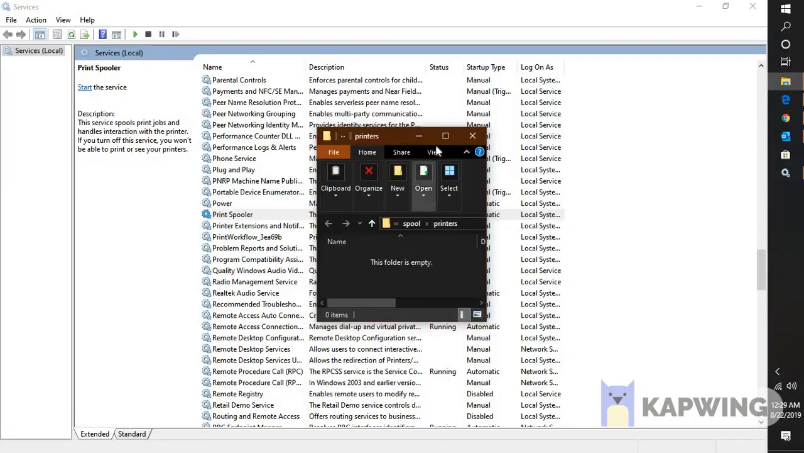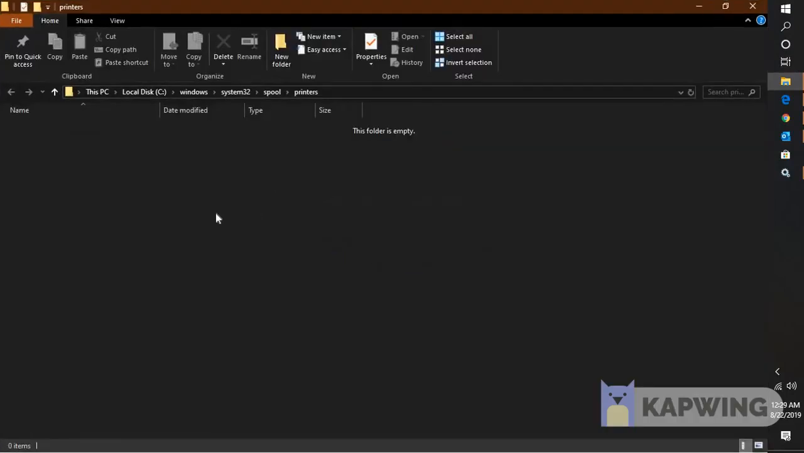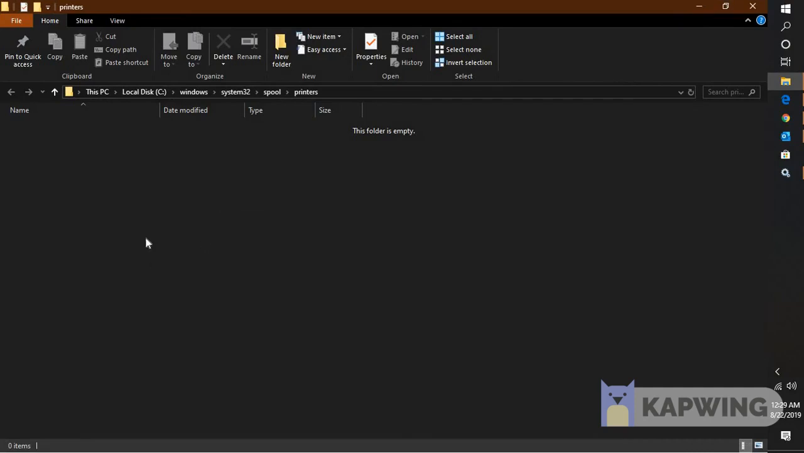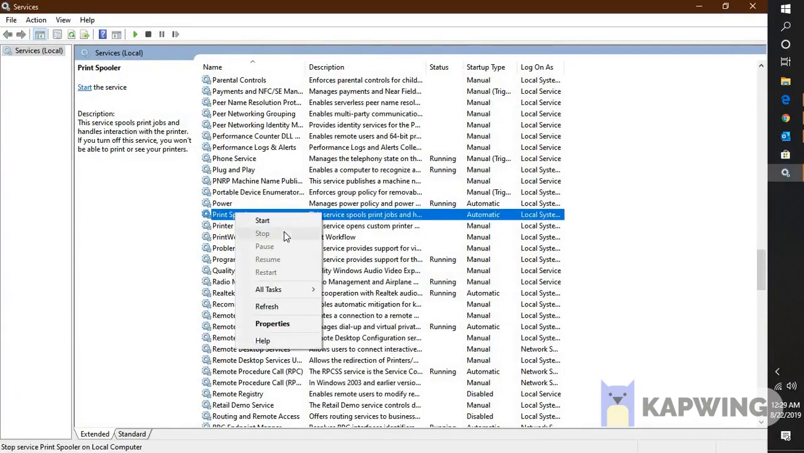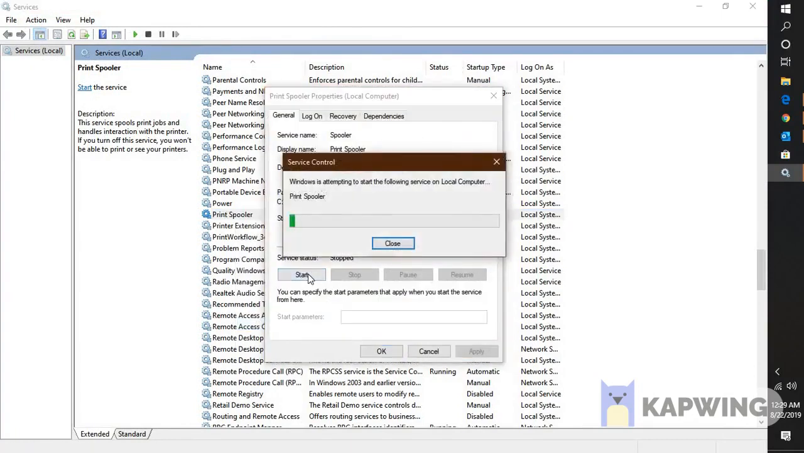In case you get a user access control prompt, you may click on OK or continue. Now this will open up the printers folder window. In case you see any files here, you will have to delete them. Basically you can right click and click on select all, or you can press Ctrl and A, select all, and delete whatever content you see in this folder. Once you have deleted all the items, go to the services window here, right click on the print spooler again, go to properties and click on start,